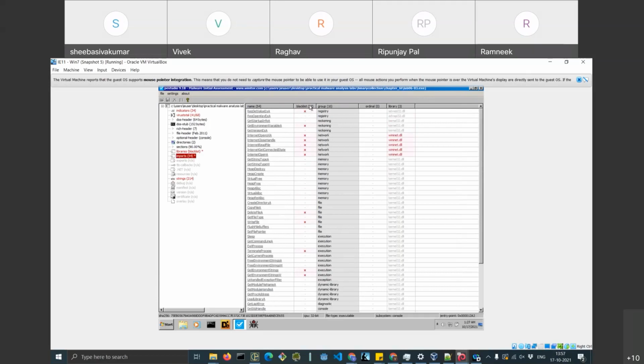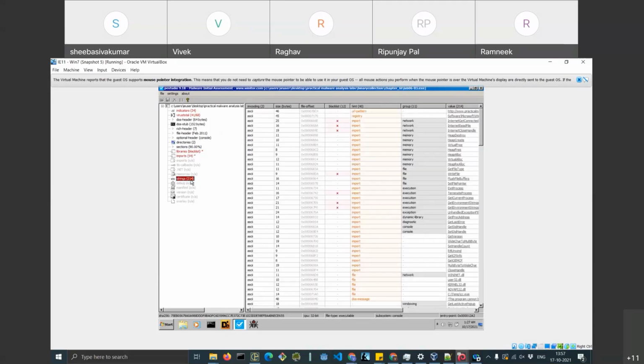You can see there is a blacklist field. The blacklist tells us that these particular APIs should not be in a binary. If they are in a binary, these functions might be used for malicious purposes. One can see that this particular binary is trying to open a URL, then it's trying to read a file from the internet, and then it's trying to open that file. These are some malicious APIs.